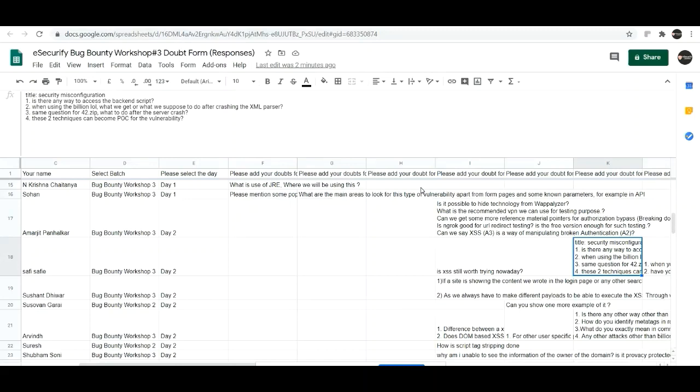For example, yesterday Cloudflare went down. If anyone knows Cloudflare, it's a CDN, a firewall, a hosting service, all the services in one.